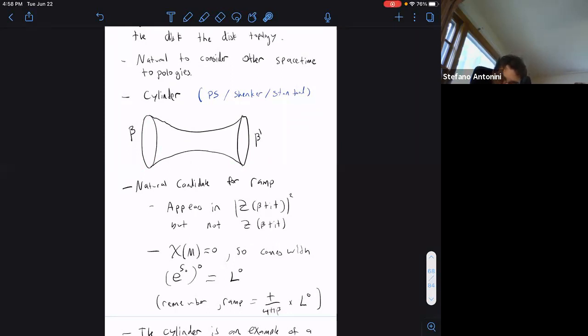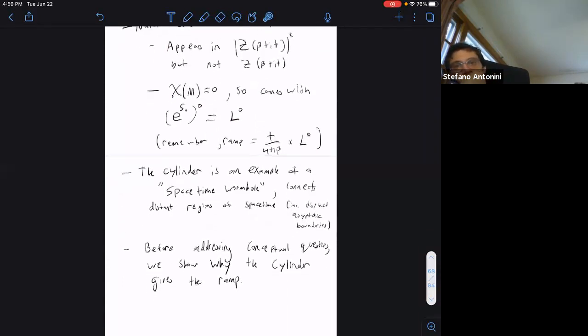Also, the Euler character of this cylinder is 0. So in JT gravity, its topological weight is e to the S naught times 0. That's like L to the 0, because L is the e to the entropy. And in random matrix theory, we found that the ramp is T over beta times L to the 0. It didn't come with a factor of L. So the weight in terms of the entropy of the cylinder looks right. This fact that it only appears in the square looks good. So let's try to compute this